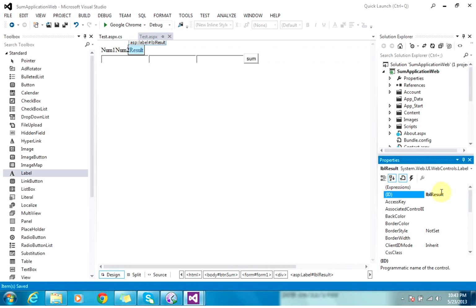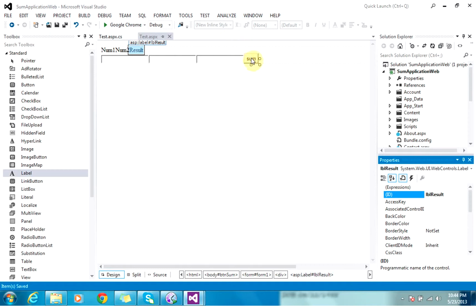Okay. So we have labeling and name and everything done here, but you can see the alignment of number one, number two and result are not properly aligned, but it's okay. This is just a demo version. We will go into detail on how to design a web application, because a web application is visible to the outside, a browser based application, so mostly people see it, and look and feel does matter for a web application. But it's okay, let's go.